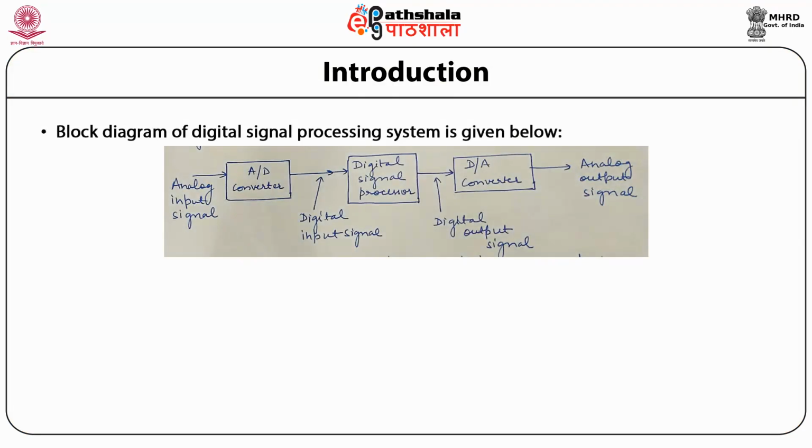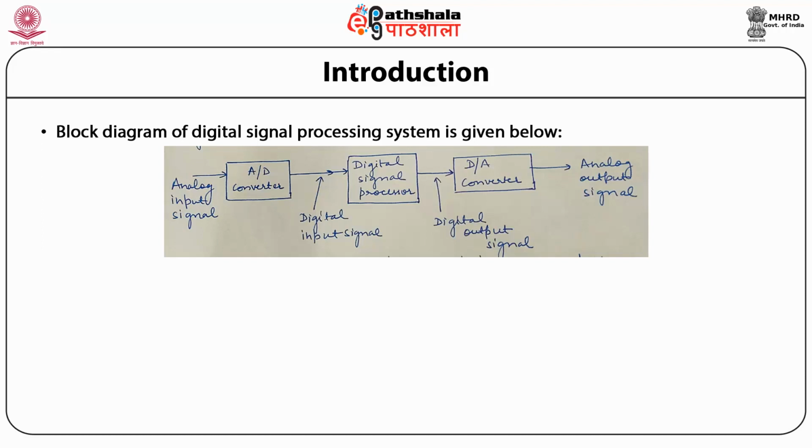This figure shows the block diagram of a digital signal processing system. So students, as you can see from this figure, the basic component of this system is the analog